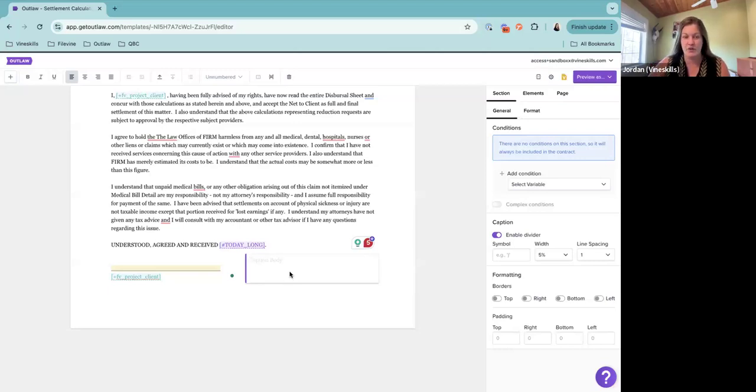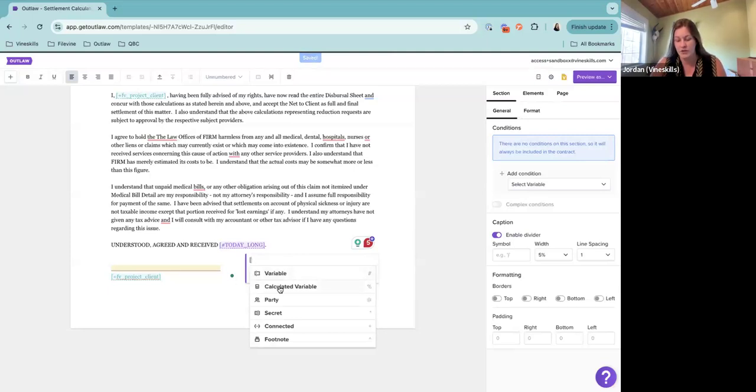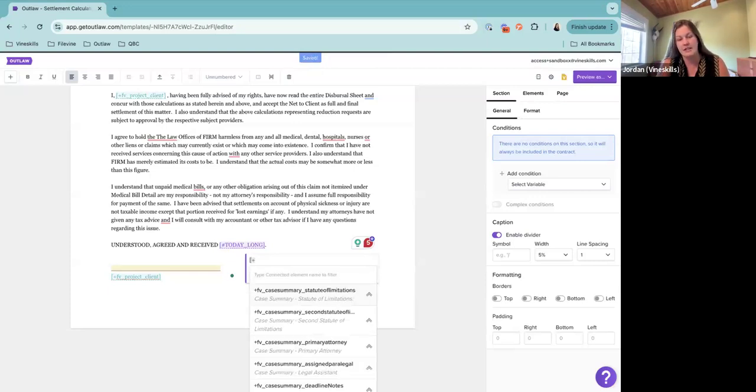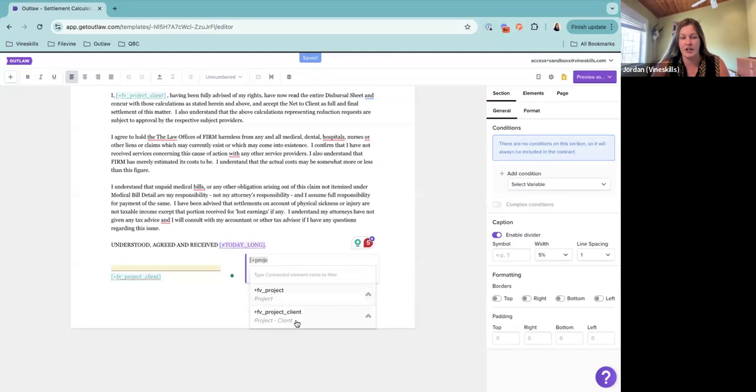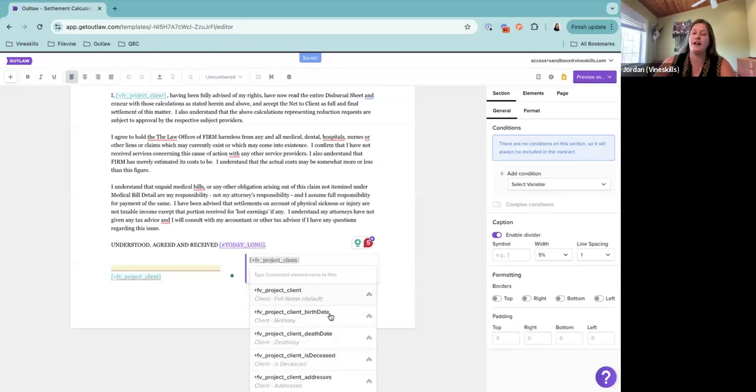So it's pretty cool now that you can actually pull those in. You can actually do the same thing. You can go over here to variable, and we're just going to hit the bracket and plus. And then let's say if we wanted to stick with our project client here and we wanted to pull in their address, you can see here, I have the